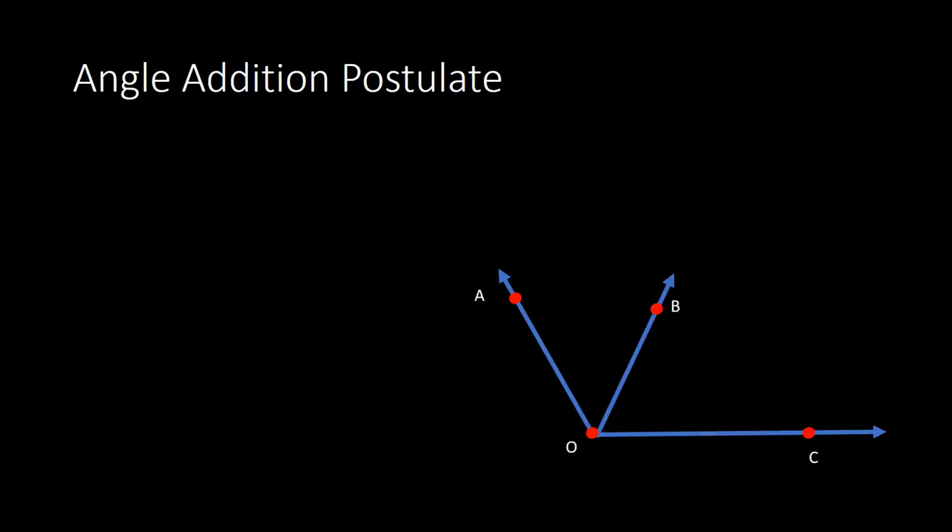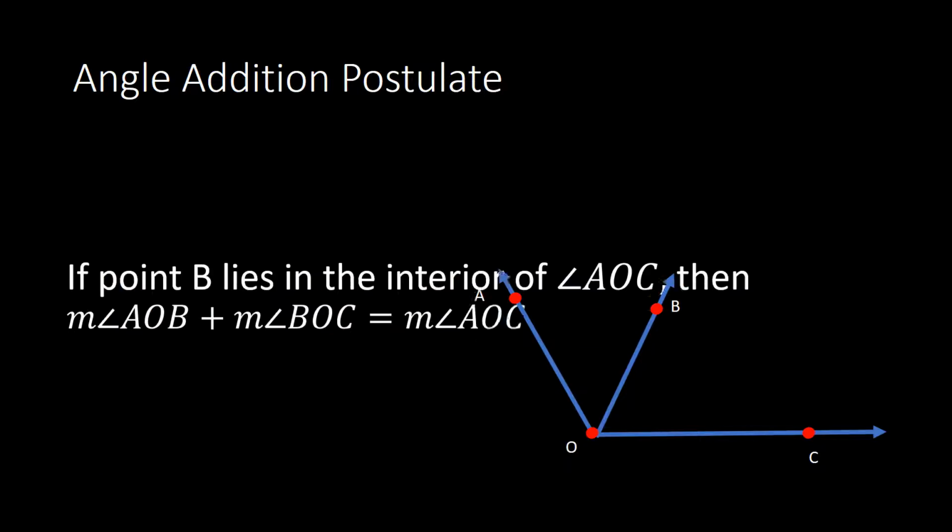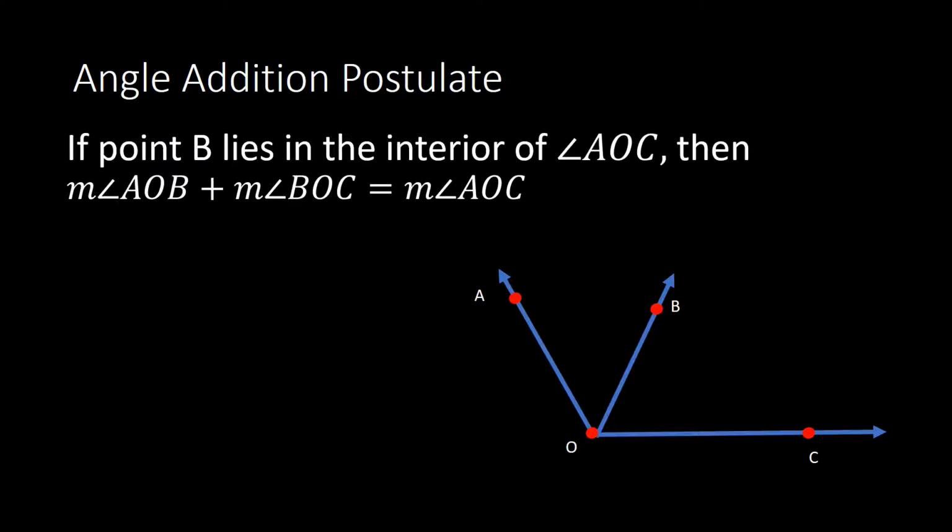The angle addition postulate says that if point B lies in the interior of angle AOC, then the measure of angle AOB plus the measure of angle BOC is going to add up to equal the measure of the